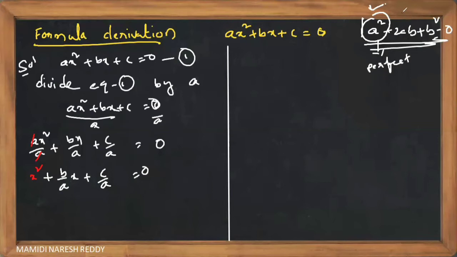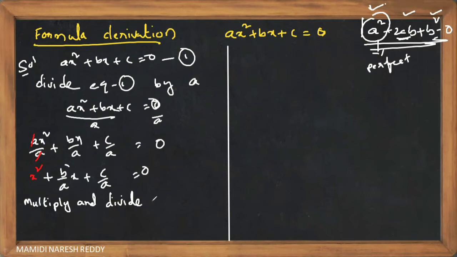Now the thing is, children, we need to get the 2ab form and the b square form in this one. So, children, to get the 2ab form in the middle term, I am taking this middle term. To get the 2ab form, what I am doing, children? Please kindly listen, everyone. So I am multiplying, so let us multiply and divide.